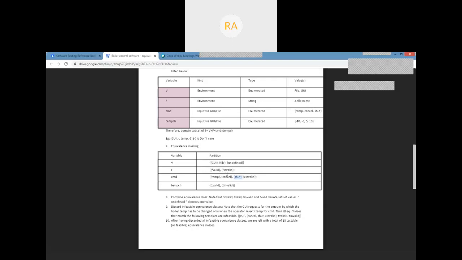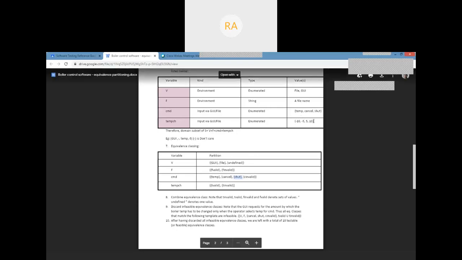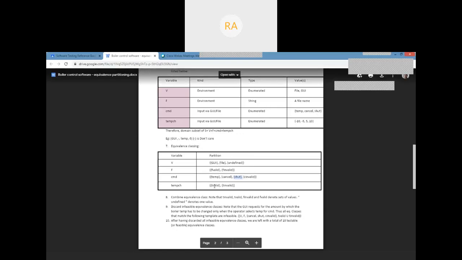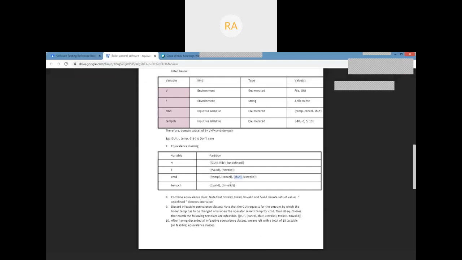All these are sets only. If I'm representing them in flower brackets, it means they are sets only. And for temperature CH, either I can enter any one of the values from the permissible values, or I can enter some invalid value. That's why in general they have taken T valid and T invalid.